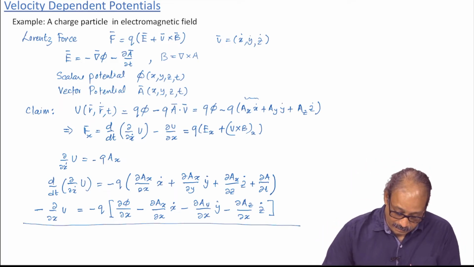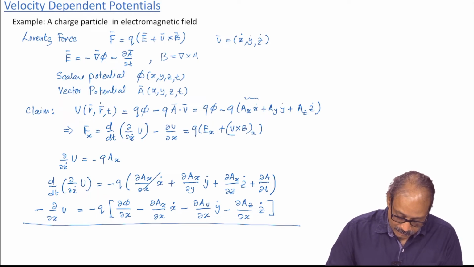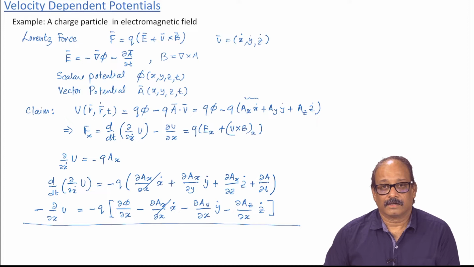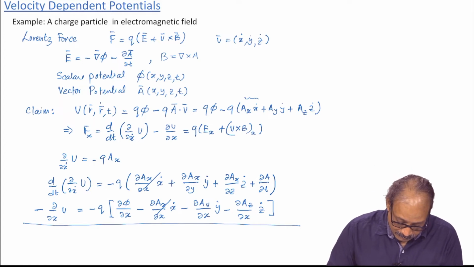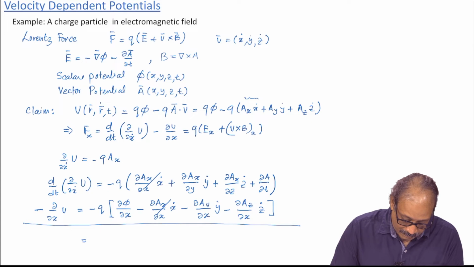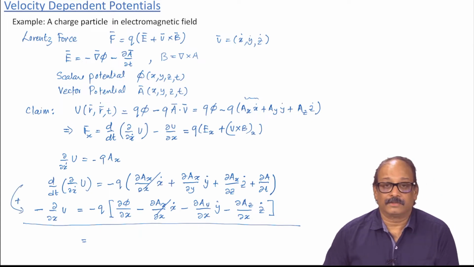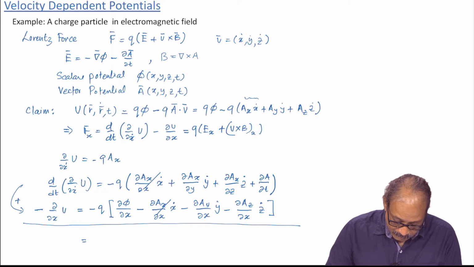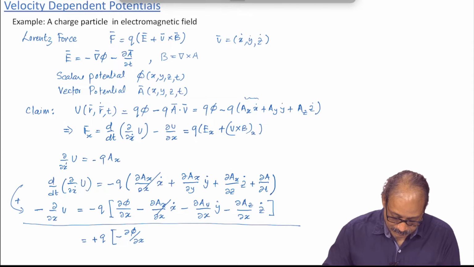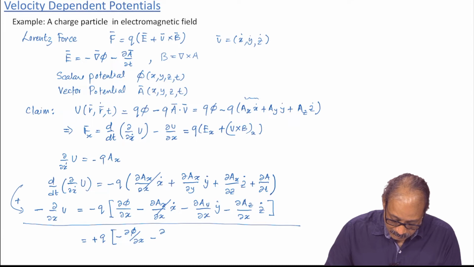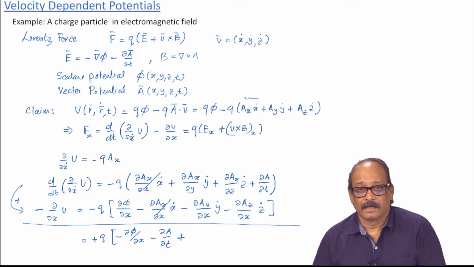and then we want to put these two together, and you can immediately see that this term would cancel with this term. Okay. And what you are left with, so I am basically adding this equation and this equation together, is minus q times, so I will take this minus sign inside. So, that is minus del phi by del x, okay. And then I will put this term also along with this, del A by del t,